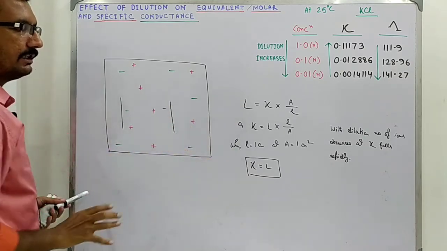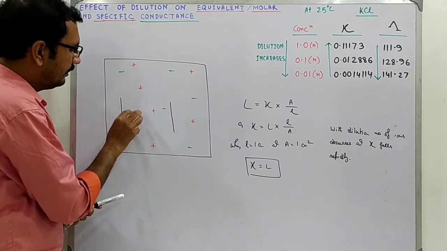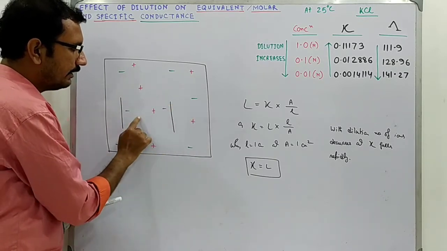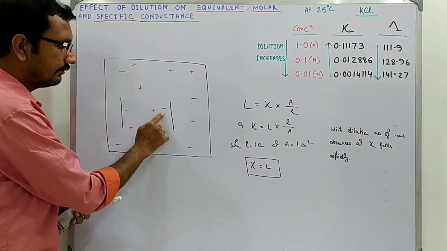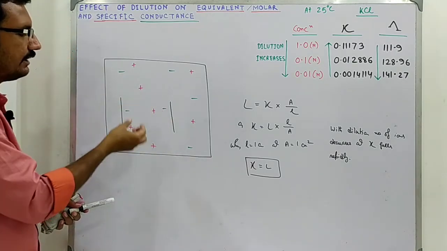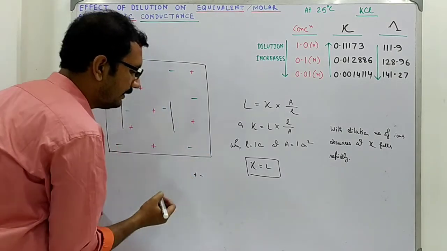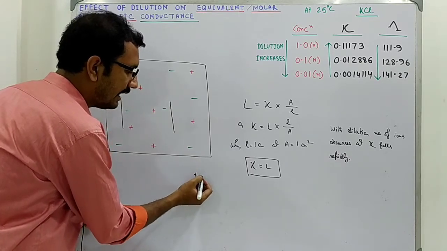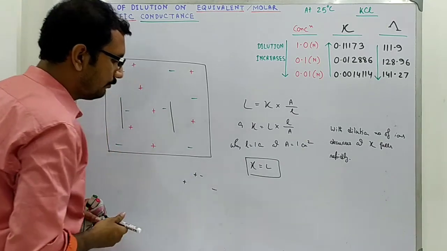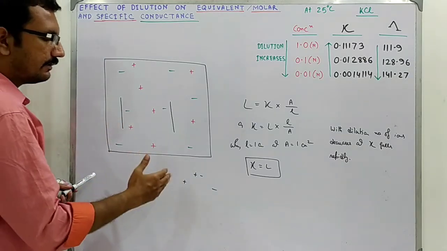So, kappa will fall rapidly. Now, there is another factor. When you have a large number of plus minus concentrated in this place, then there was a huge amount of interionic attraction. Attraction between the oppositely charged ions was preventing the ions from moving faster. So, when the plus minus is nearby, then this plus will attract this negative and will prevent it from going to the electrode. But upon dilution, these two opposite charges get apart from each other, and this increases the ionic